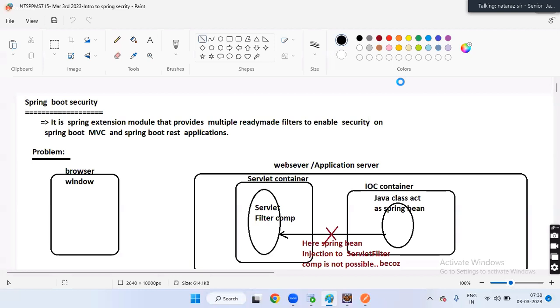Can we do injection on a target Spring Bean object that is managed by servlet container, guys? That is seriously managed by servlet container. Is it possible, boss?